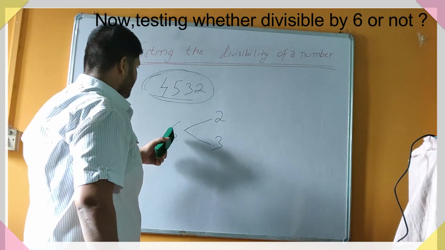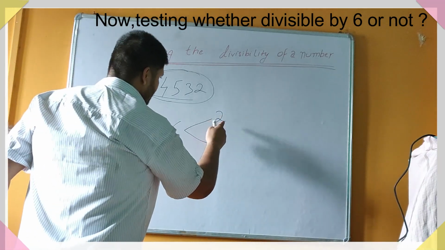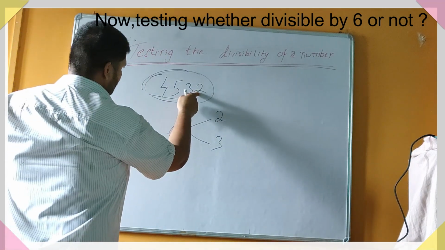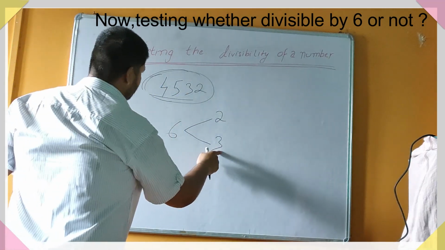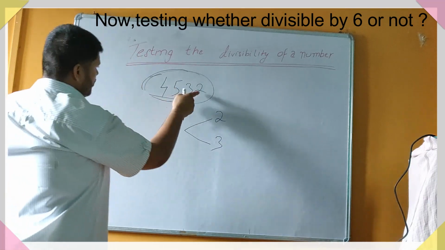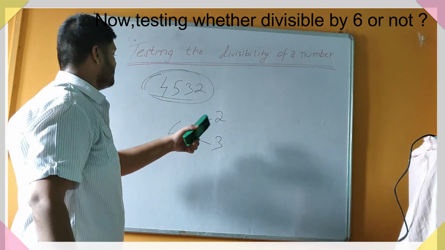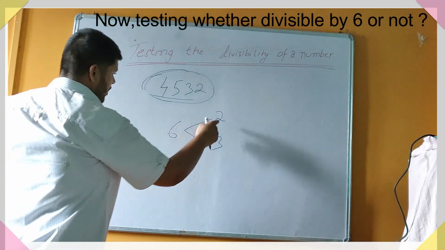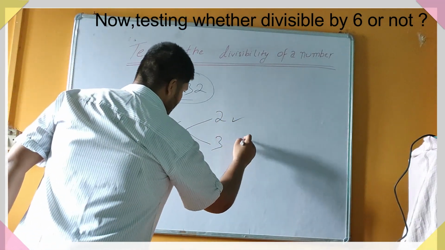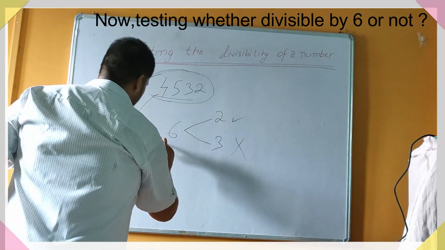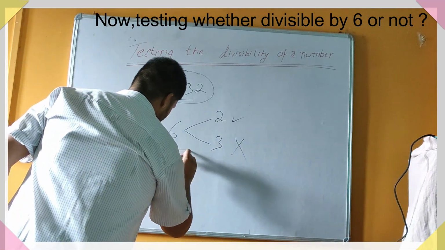Before going to 6, you have to check for 3 and 2. For 2, yes, of course it is divisible, and for 3 it is not divisible because the sum was 14, which does not come under the table of 3. That means one condition is true and the other condition is false. So we can conclude that this whole number is not divisible